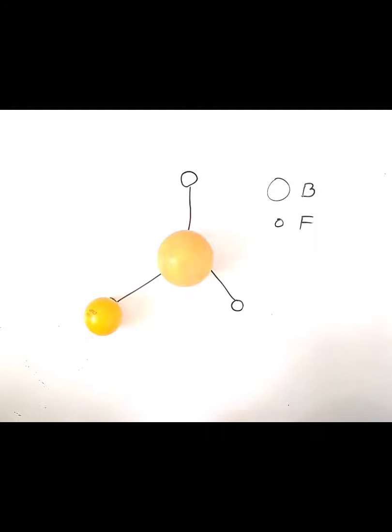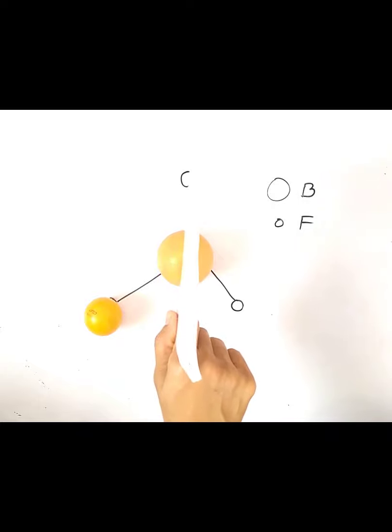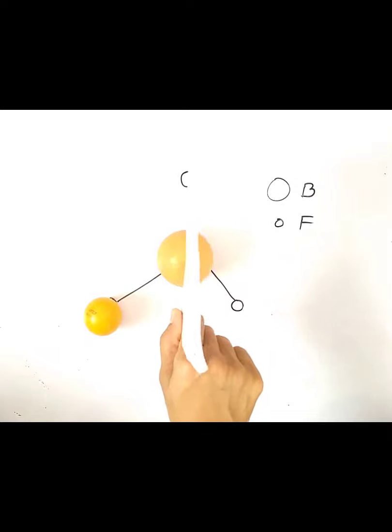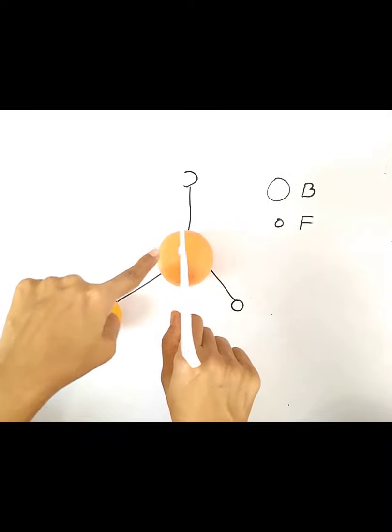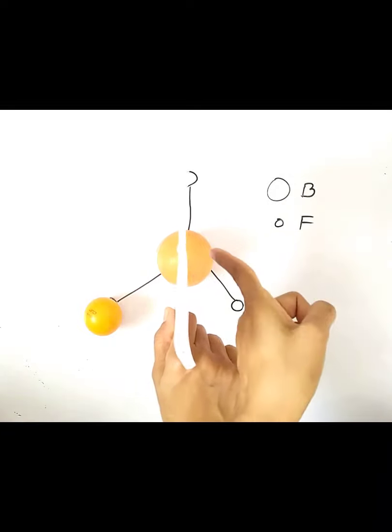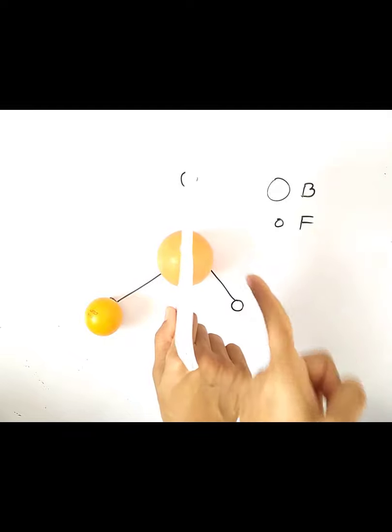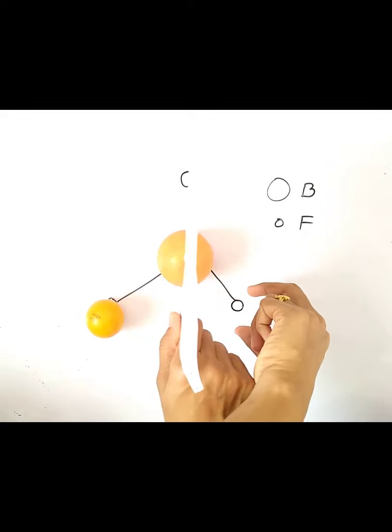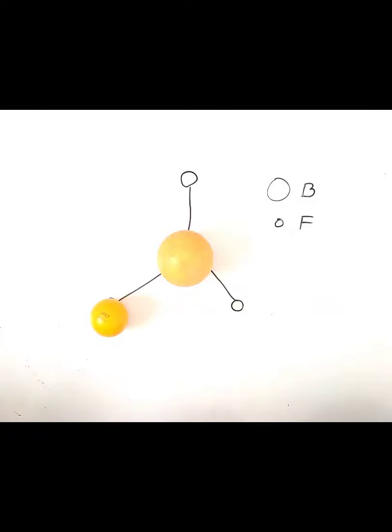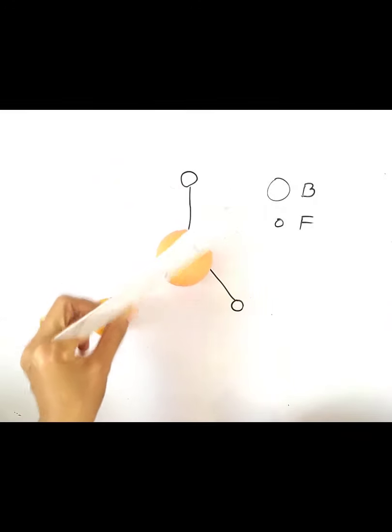The one way we have passed the plane like this. When we have passed the plane like this, which plane is it? It is sigma V. When we pass this sigma V, half of the image of boron atom gets reflected over this another half image of the same boron atom. Similarly, this complete fluorine atom will get reflected on this side. And like this, we have passed 3 sigma V's. 1, 2 and this 3.